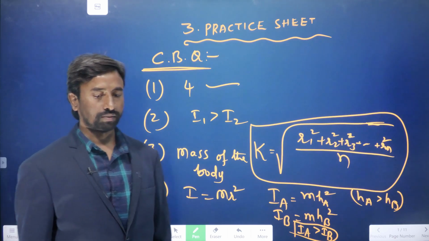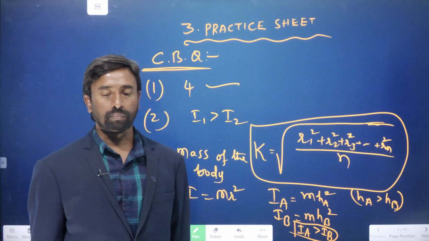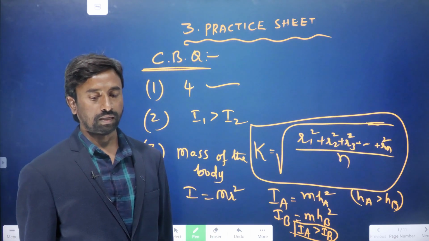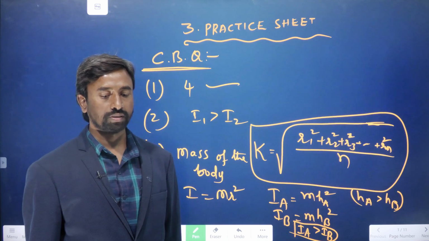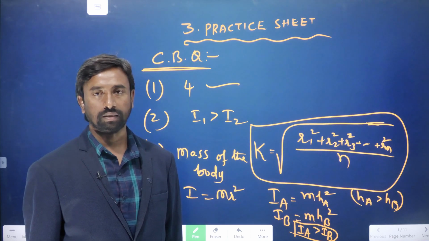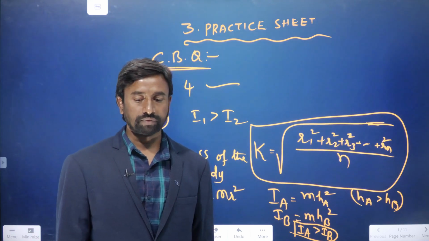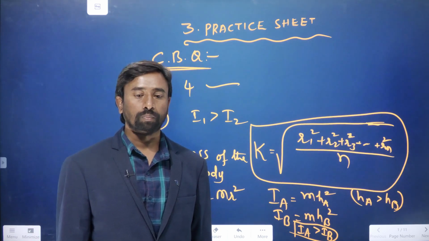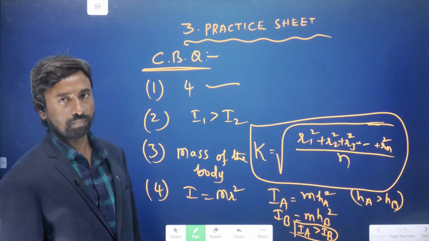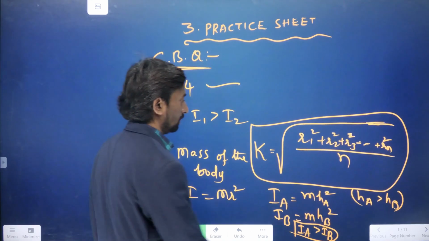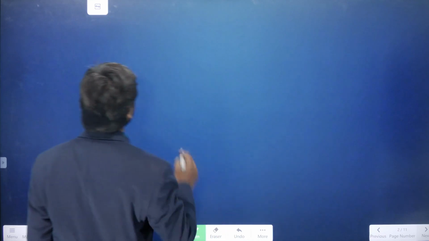The moment of inertia of the uniform rod of mass capital M and length capital L about an axis passing through its center and perpendicular to its length is given by. Perpendicular to its length. So we can write here the moment of inertia of that body is ml square by 12. We have found this one. Okay. Now the fifth one is